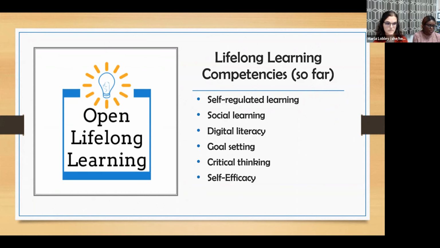Critical thinking also refers to a person's ability to have very good judgment in terms of learning material that is relevant to what the topic or the subject matter is. Self-efficacy, lastly, is the ability for an individual to be very confident in their abilities, in their learning abilities. And so far, this is what we have gotten, and in the future, we'll be able to gather more because as time goes on, we understand that competencies do change with time and events that happen.